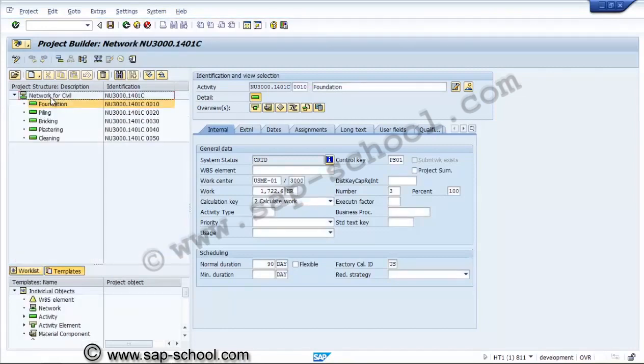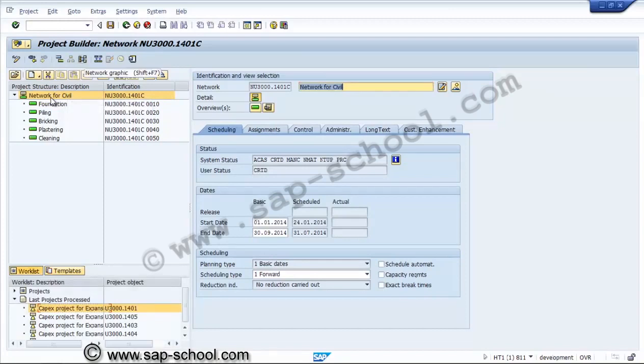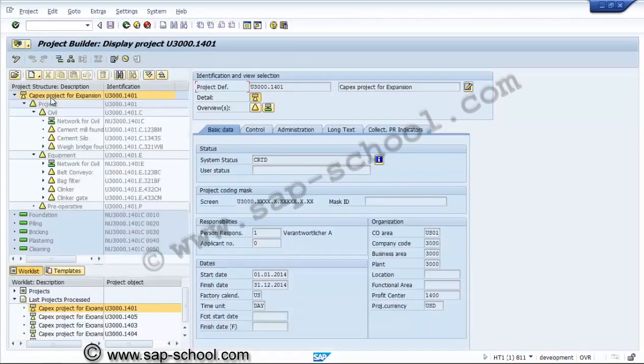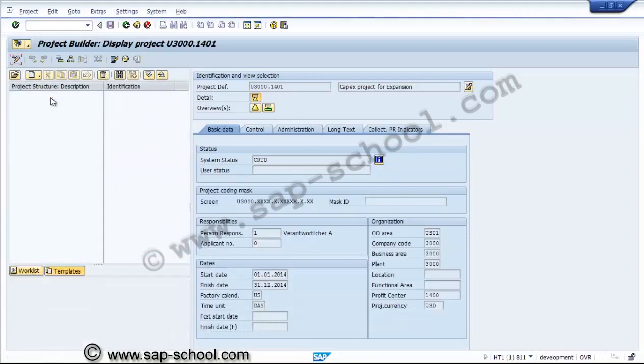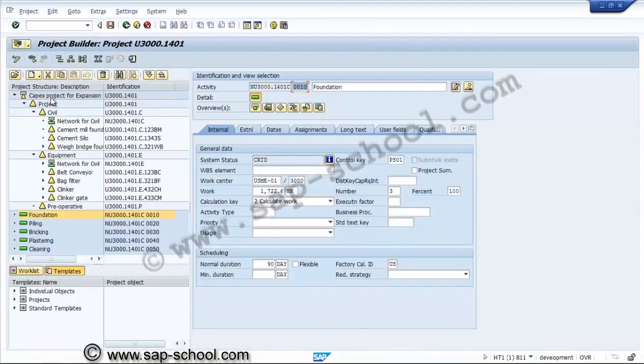Now we can see here, in this project, these are the activities. So this activity, foundation we can say, will be assigned by dragging.